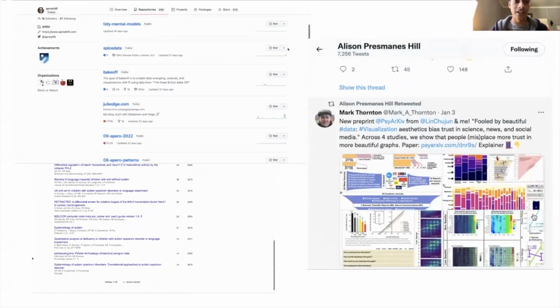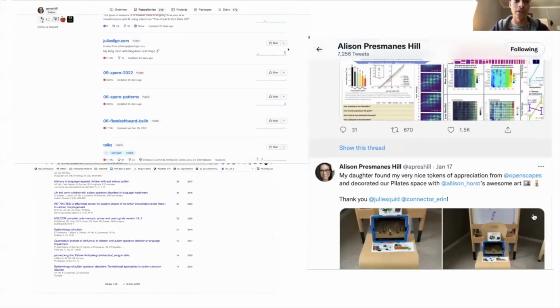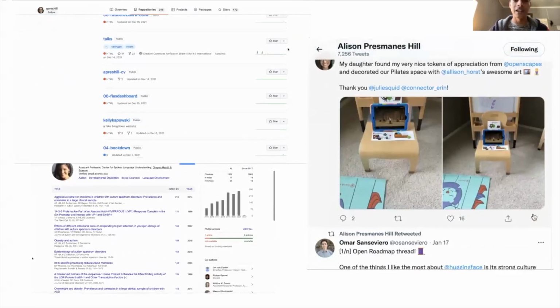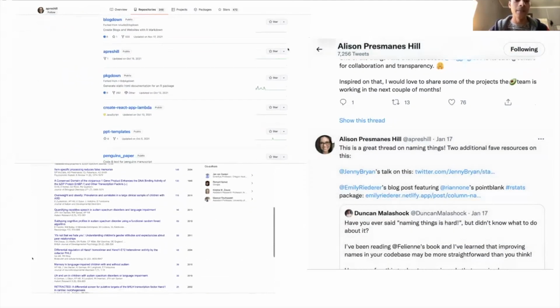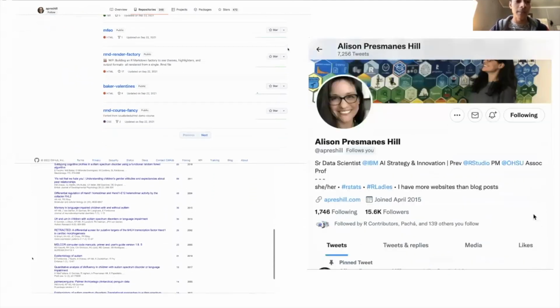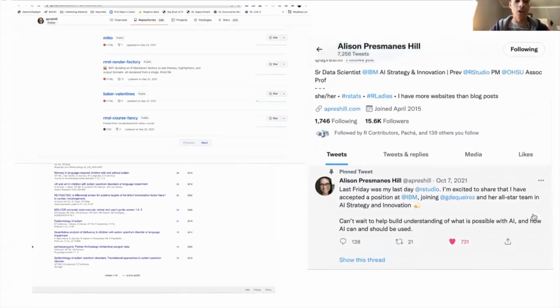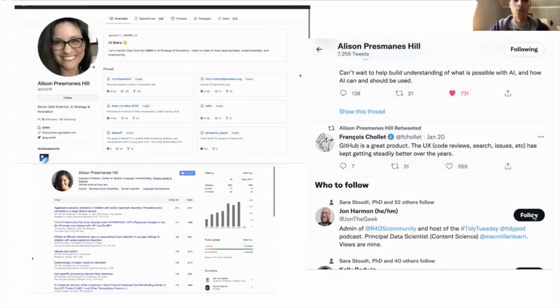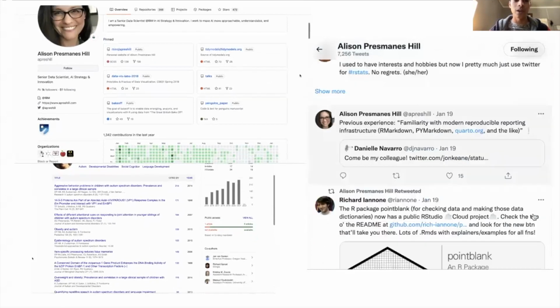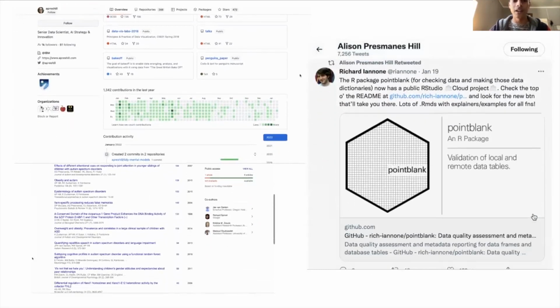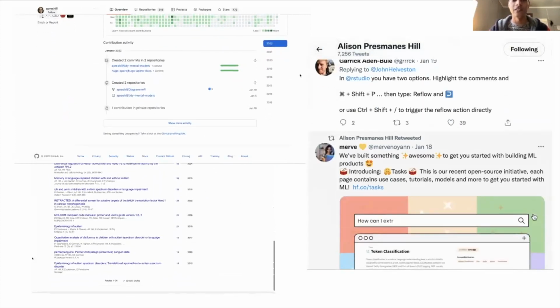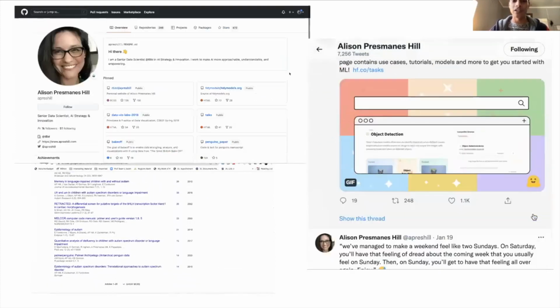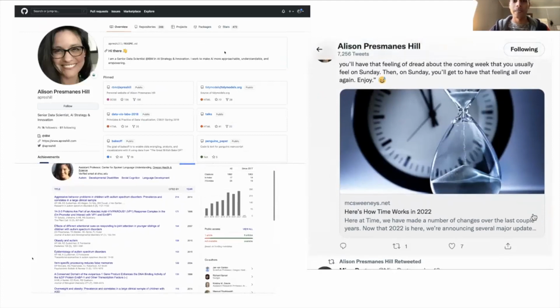If you look at her GitHub, you will see that she has a lot of repositories. Some of them are related to statistics, some of them are related to other R related things. Then there are a lot of research papers that she published. I have no clue about autism research, so I do not understand most of it. But all I know for sure is that she has done a lot of work in different fields. But I do not have a complete holistic picture of what she does.